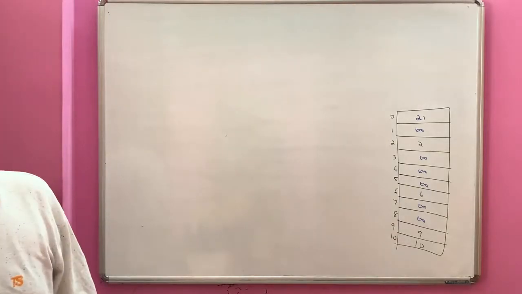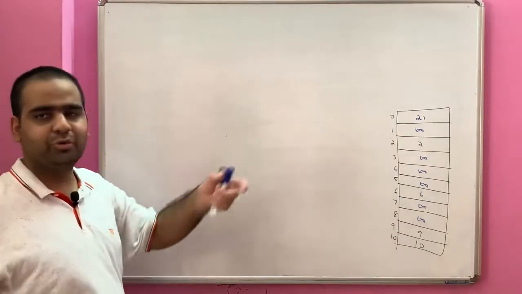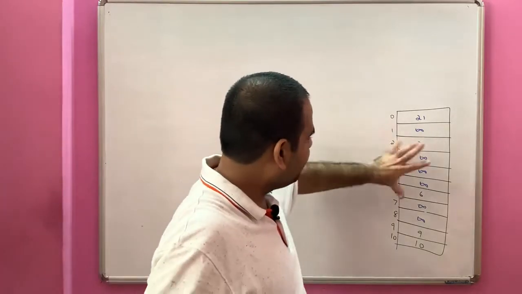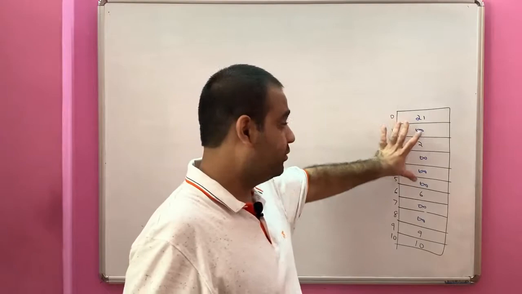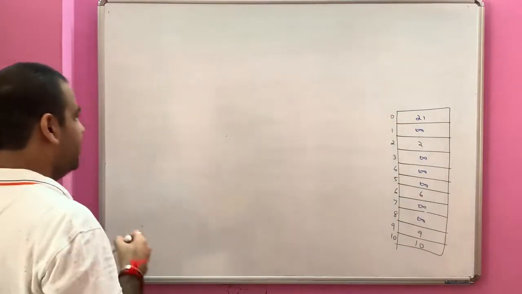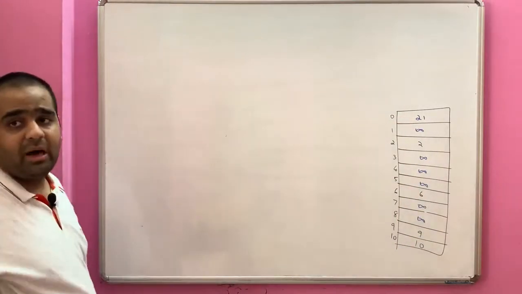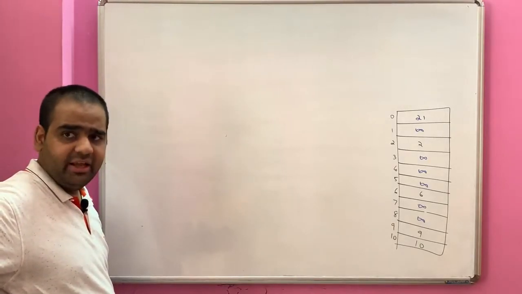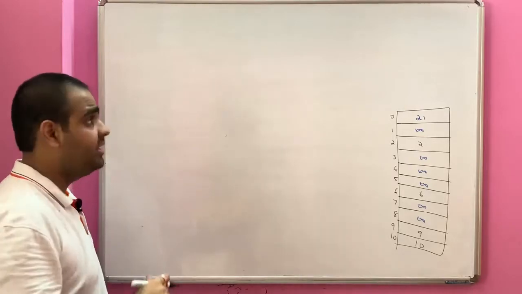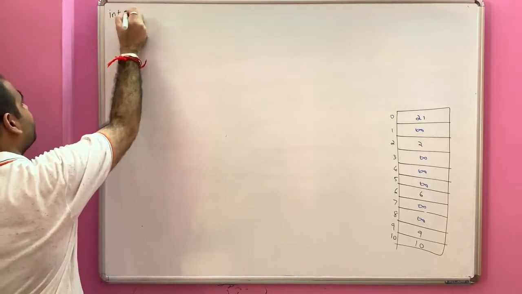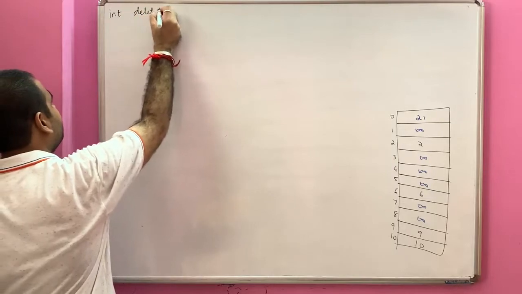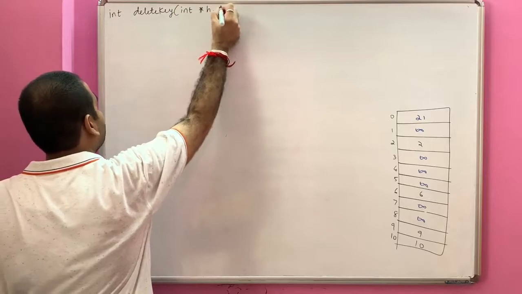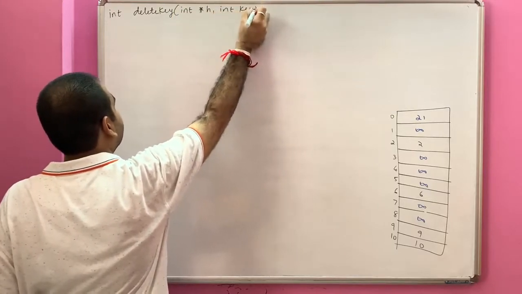Now, again, to delete a key, the key has to be present, then only you can delete it, else you cannot delete it. Now, we are not rehashing the hash table, therefore the value of this hash table does not change. Hence, we will pass h with address, no ampersand. The next thing is, if the key is present and deleted, it will return 1, and if it is not present, it will return 0. We say int delete key. And what do we need? We need int star h and what key we want to delete.